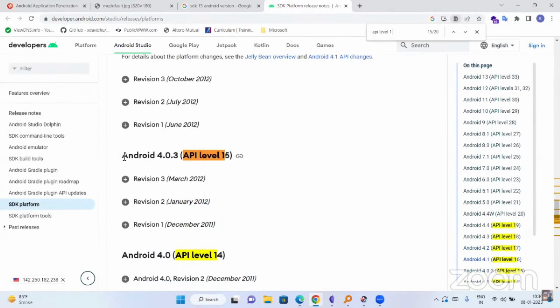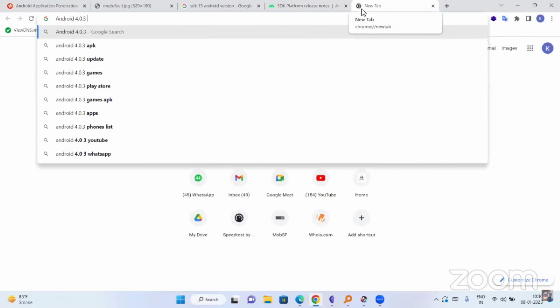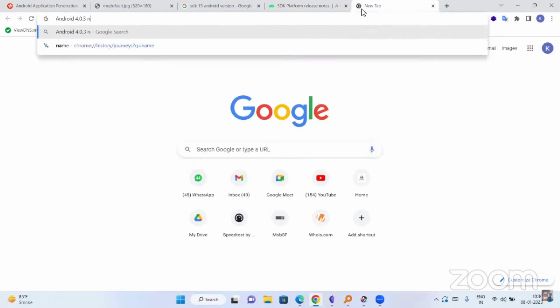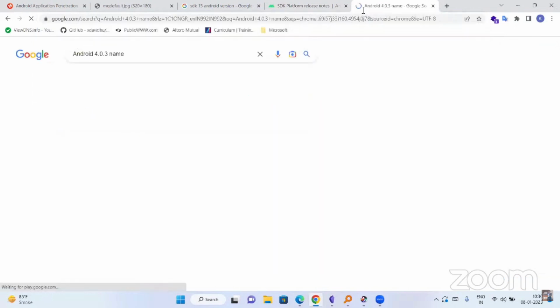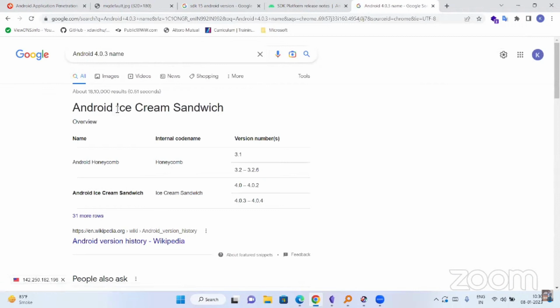I don't take it exactly, or jelly bean. You can just go over here and see our name and you'll get it. So it is ice cream sandwich. So basically the minimum version it is supporting is ice cream sandwich, and for maximum it is supporting